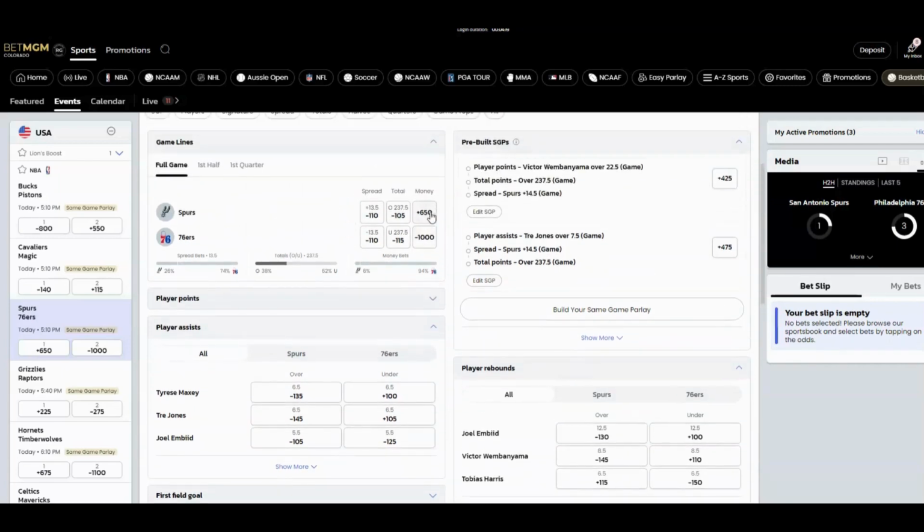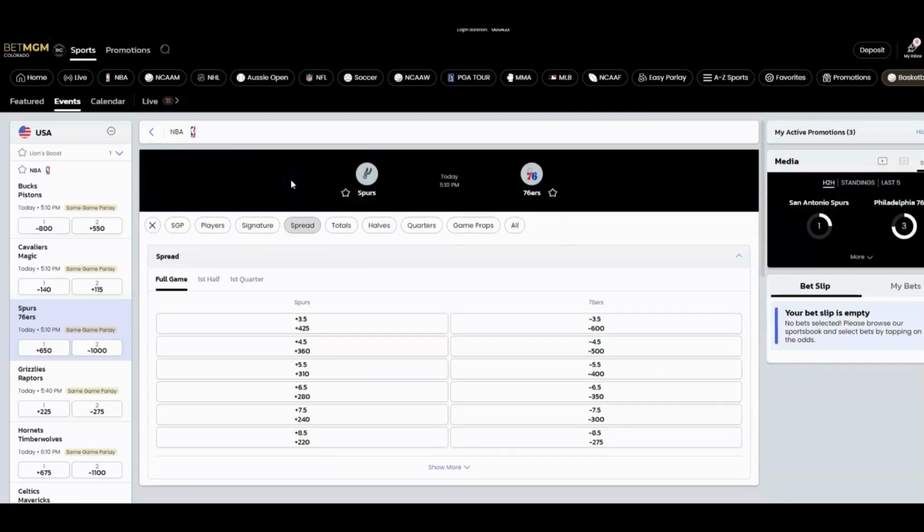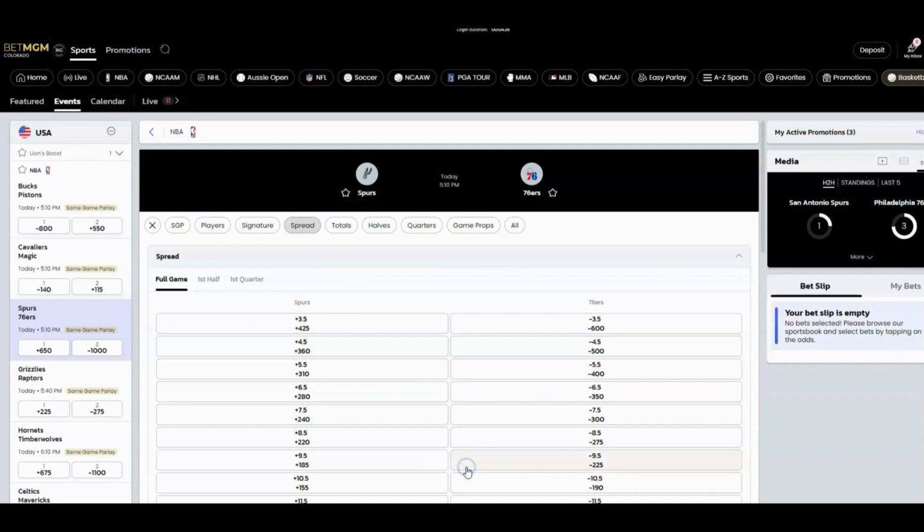And for those of you who want to review mainline wagers, let's say you're doing a point spread. If you wanted to place a simple bet, you can do that. You can also do the derivatives or alternative markets. And so this is really cool. What this means is